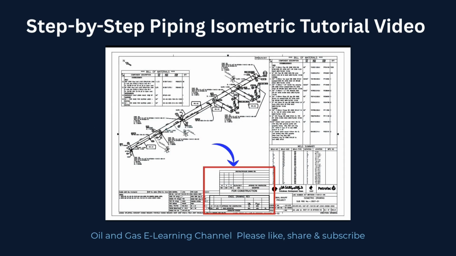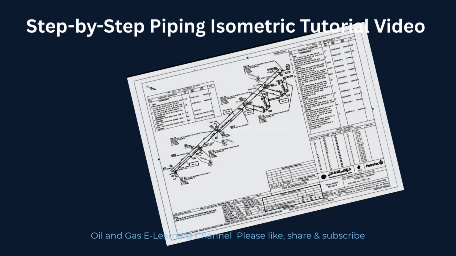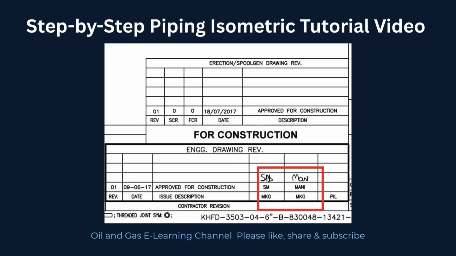Third, near the document title box, there are sections like 1. Engineering approval. Here, a senior engineer reviews the piping isometric for accuracy, specifications, and codes. This ensures the design is technically correct before construction. 2. AFC stamping, approved for construction. Once the drawing is reviewed and finalized, it receives an AFC stamp. This means the drawing is officially approved for construction and can be used on-site for fabrication and installation. Drawings without an AFC stamp are not final and must not be used for construction.